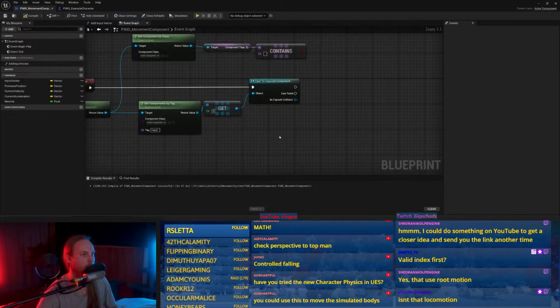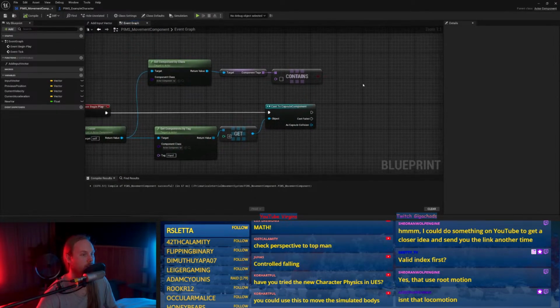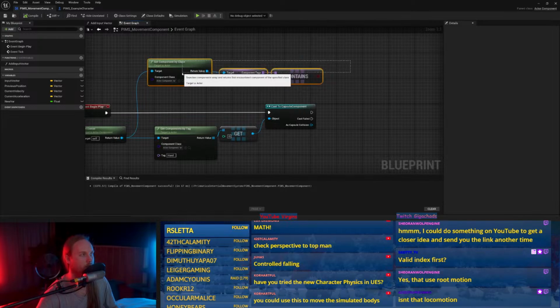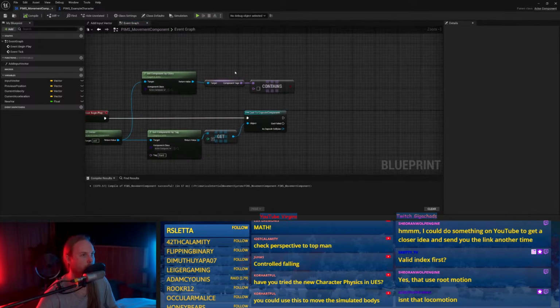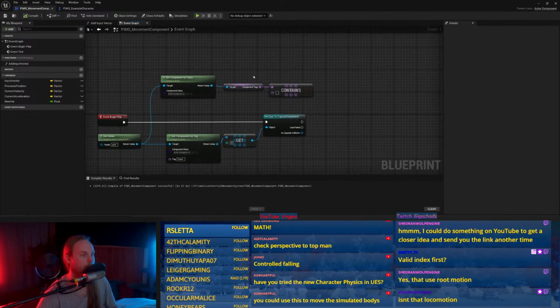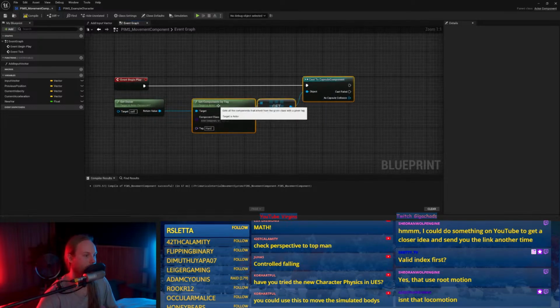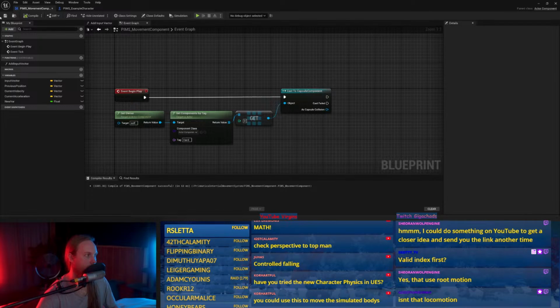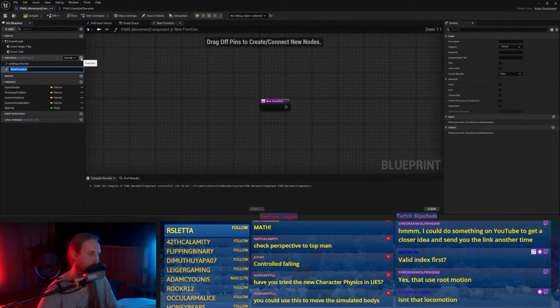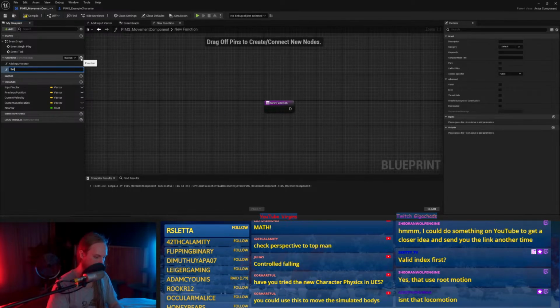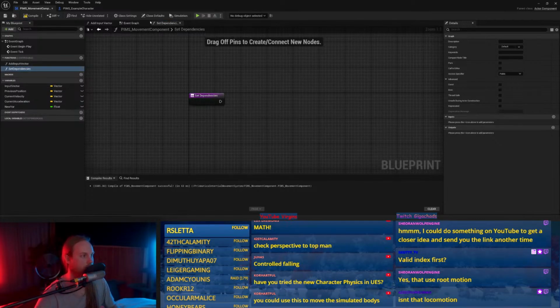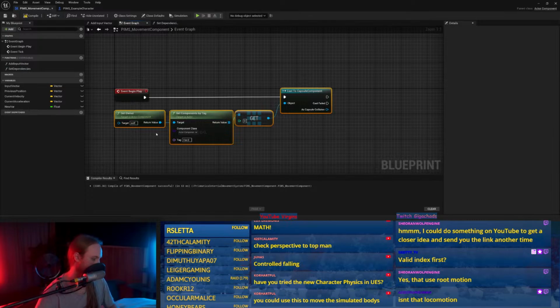There's kinematic locomotion, and then there's root motion. Let's just go set dependencies, or get set dependencies, yeah.